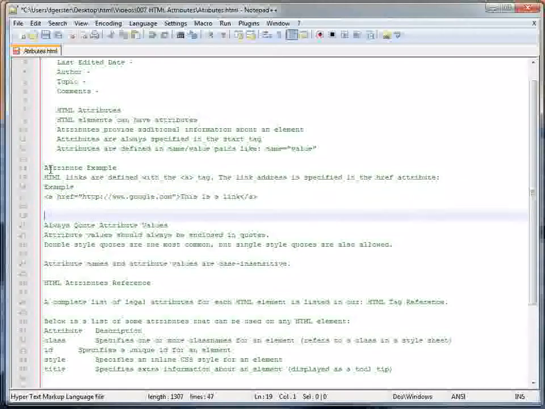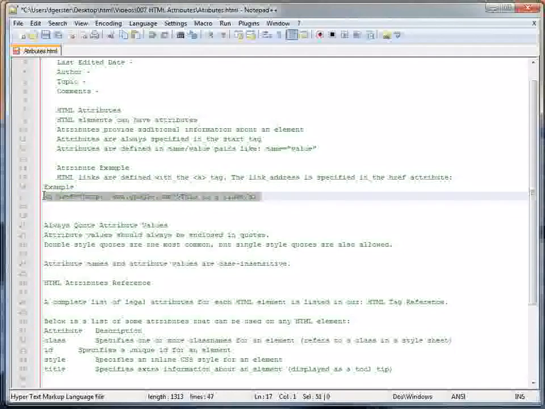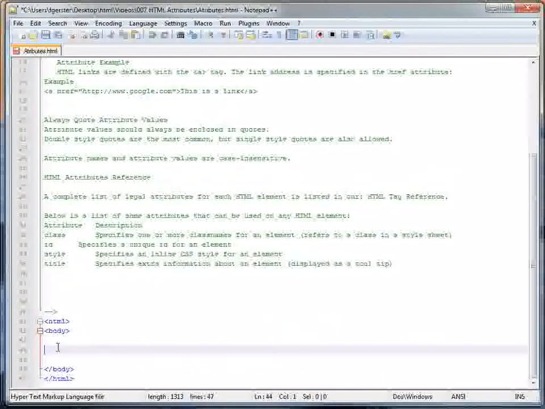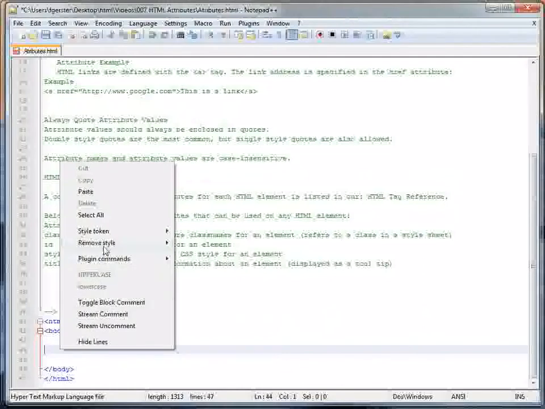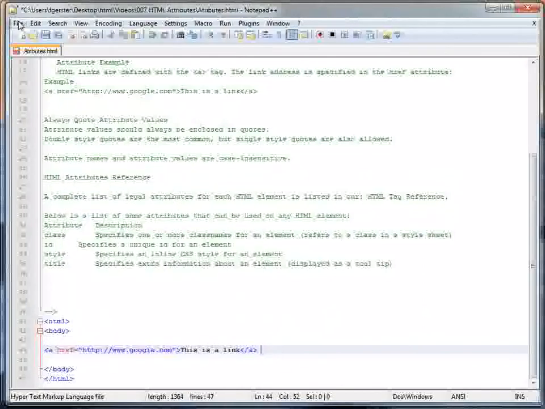So now most attributes work the same way, like that. So they have basically the attribute equals, and then in quotes what it is. So let's put this down here, and if I take this particular attribute, this particular link, and copy it down here further into my command, and then paste it and save it,